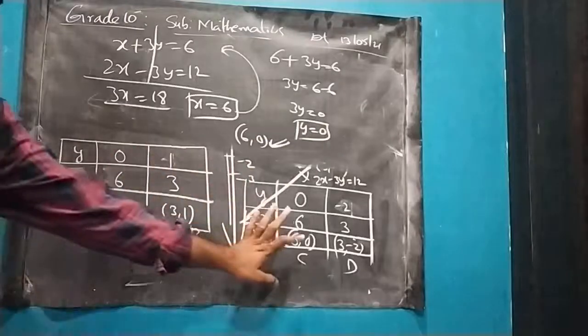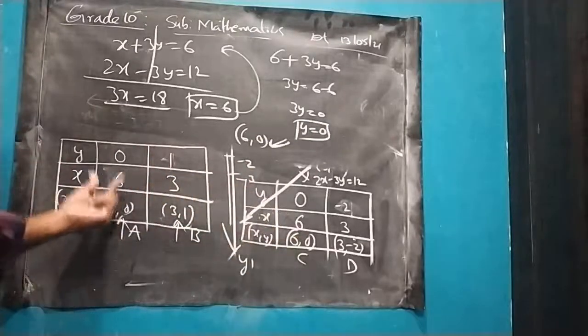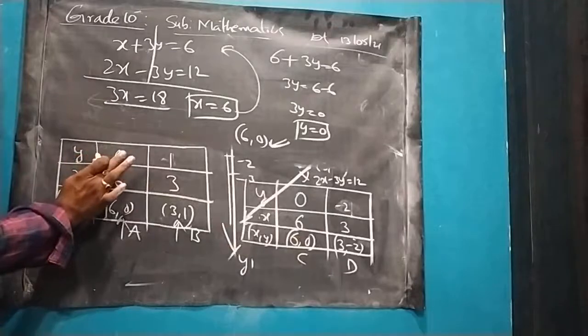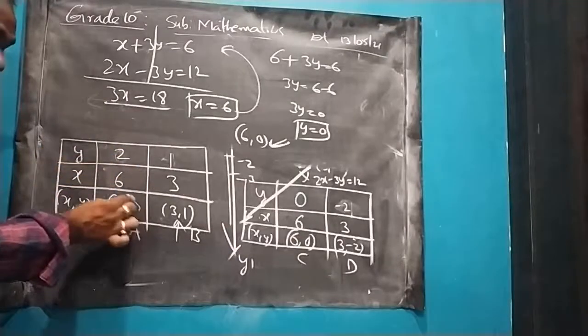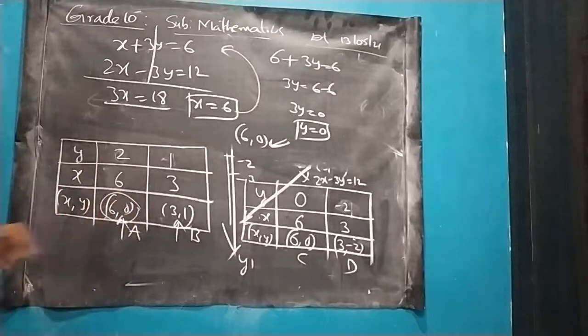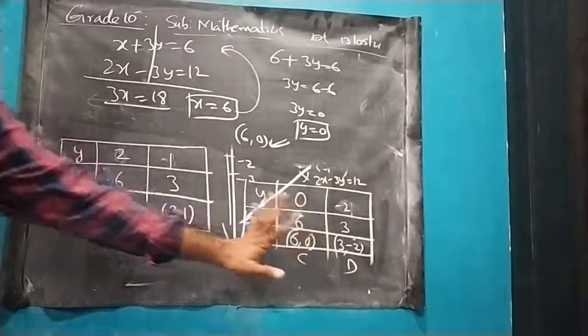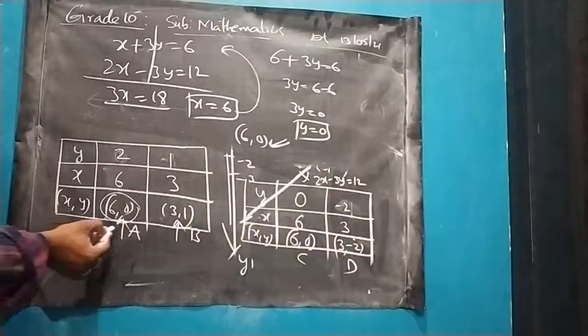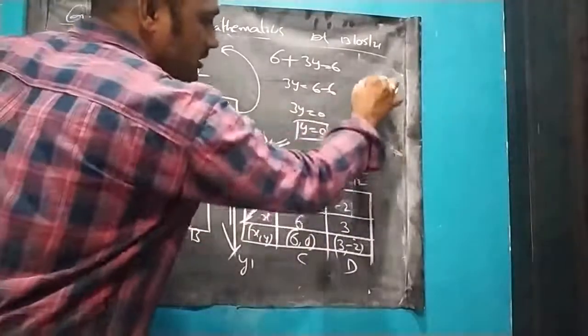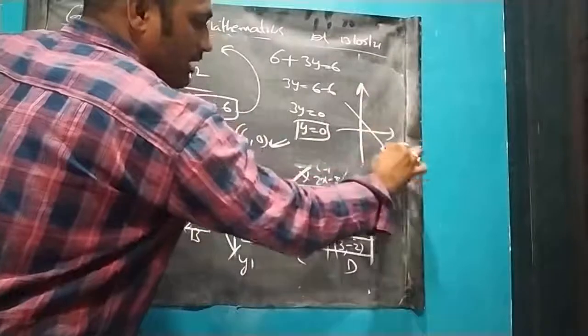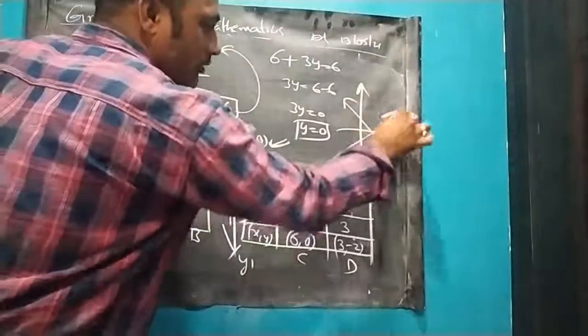If you are not getting this answer, suppose you are getting something different. Instead of 0, I am taking it as 2. Let us suppose. If I take it as 2, I am going to get another point, so definitely all these points are different. So in this case, suppose I draw the graph like this here. I have drawn the graph here.